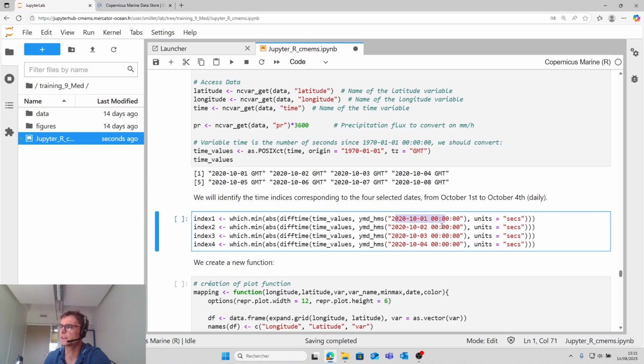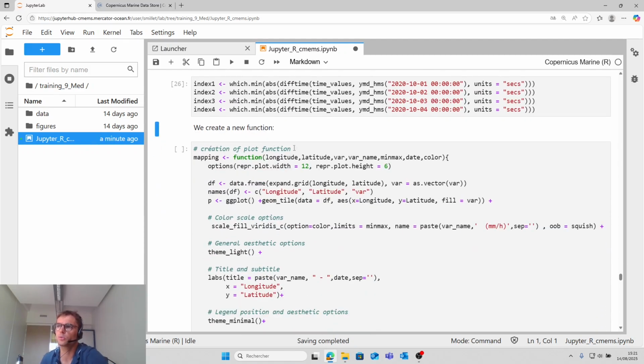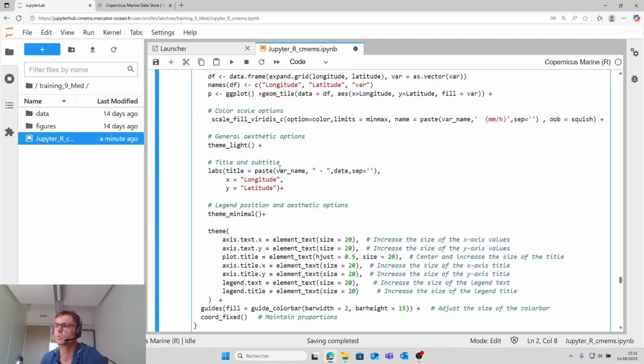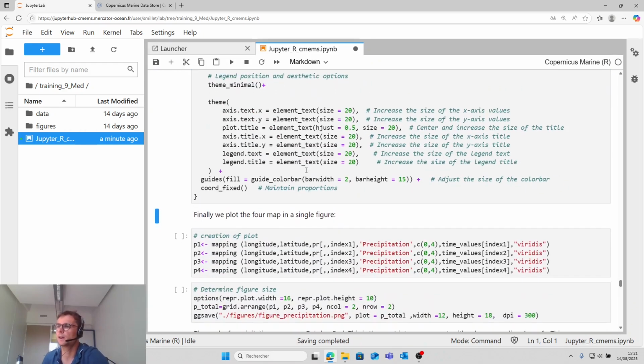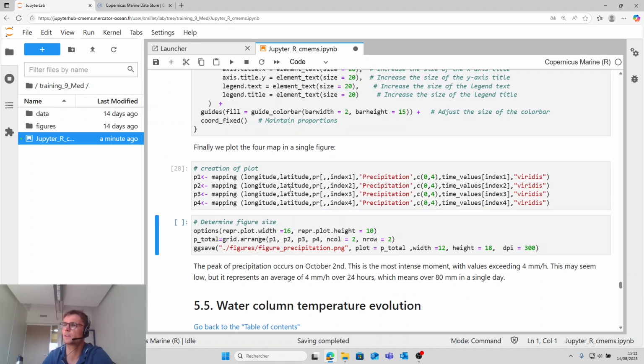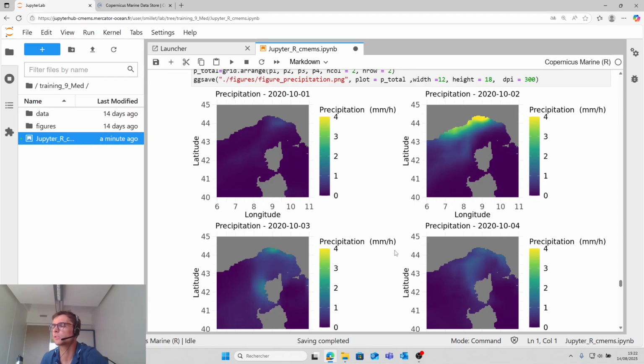So there is the date here. And then we create a new function, mapping, to create a map. And finally we create the 4 maps for the 4 days, and we plot the 4 maps in the second figure. We can see a peak of precipitation that occurs on the 2nd of October.